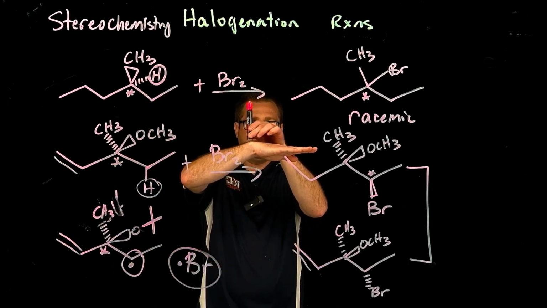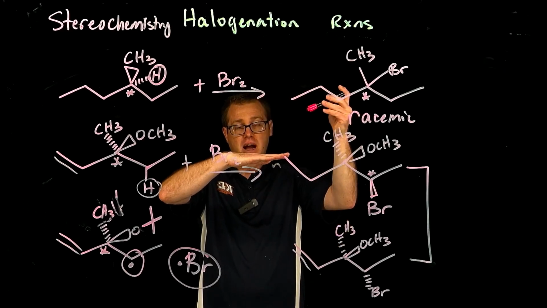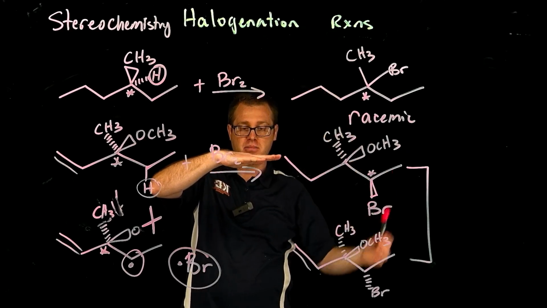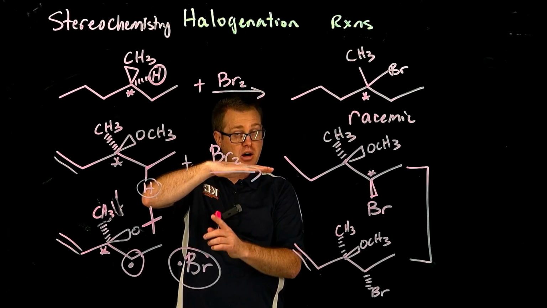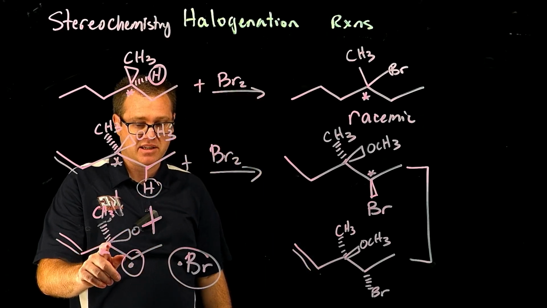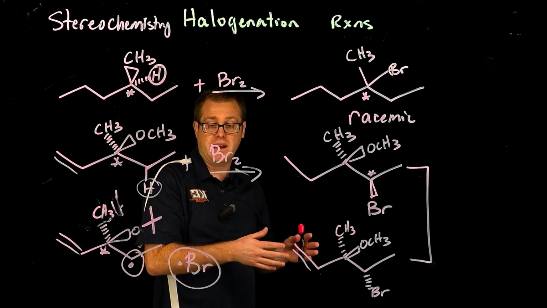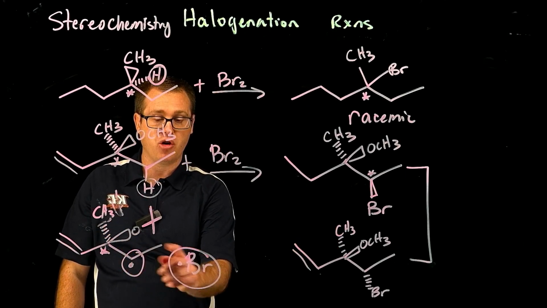If I have a big tert-butyl on the top of my hand, the bromine is going to have a harder time approaching from the top face. So it's going to much rather approach from underneath, because underneath is just a smaller methyl group. And so this stereocenter right here kind of directs or influences which face of this radical the bromine is going